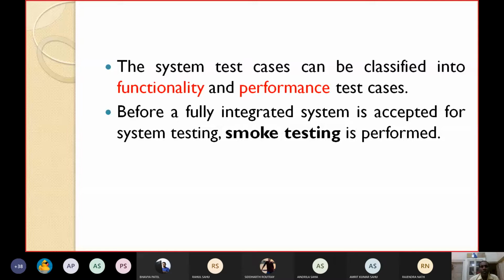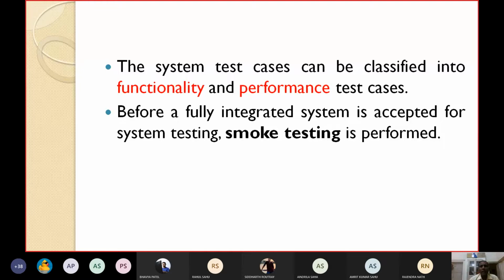So those black box and white box test cases can be used as the functionality test cases, to test the various functionalities of a system. Only performance testing is left, so now let's see about the performance test cases.